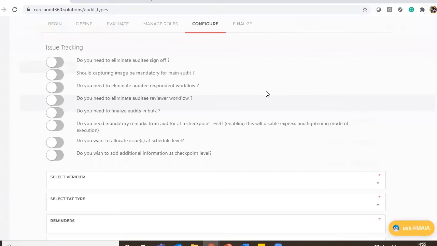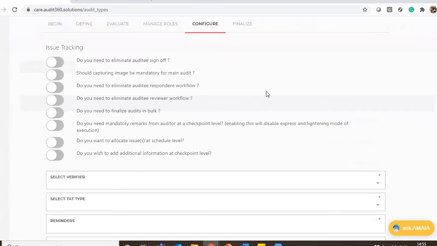So I think I have answered both the questions. There is a follow-up question on the classification. The classification, as I said, is about bringing more clarity into the audit process by way of dividing a large process into small sets which are easily executable and easily reportable.